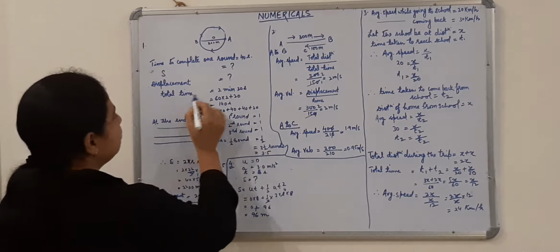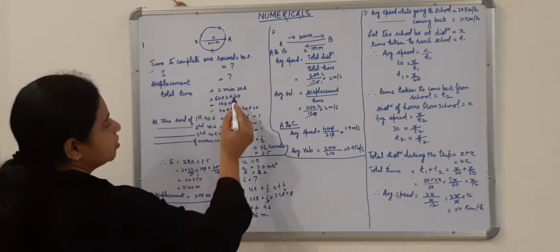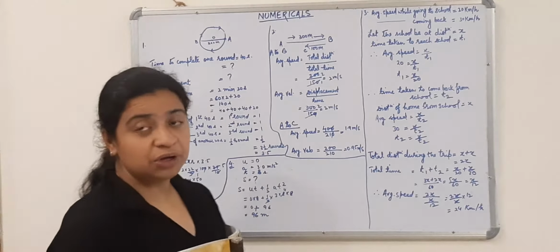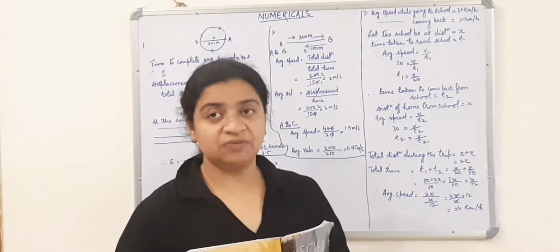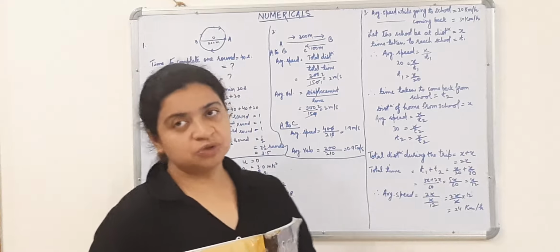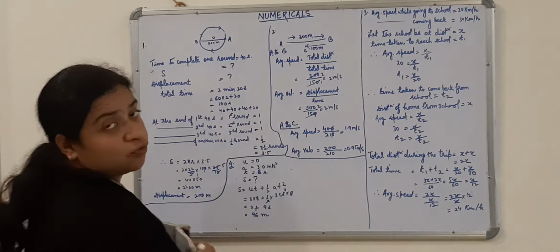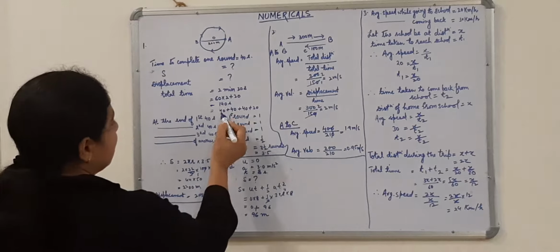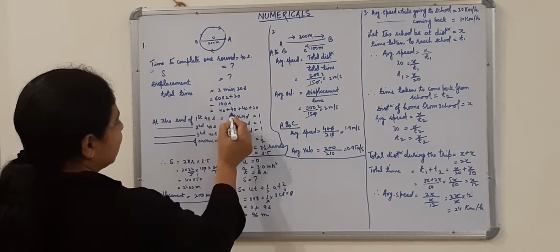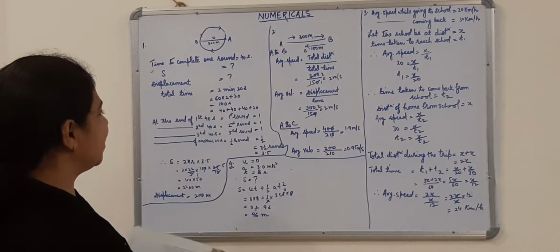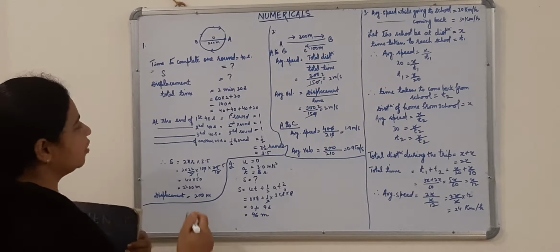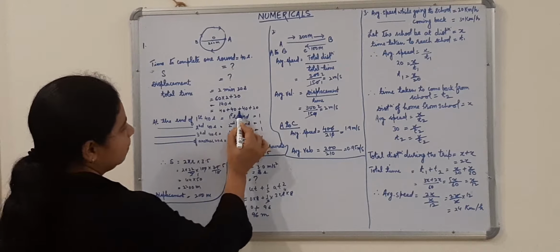The total time is 2 minutes 20 seconds. I cannot use minutes as my unit for time, so I have to change it into seconds. 2 minutes 20 seconds comes to 140 seconds. So here I have done the division of 140 seconds in this way. Why have I done it this way? Because I know it is 140.